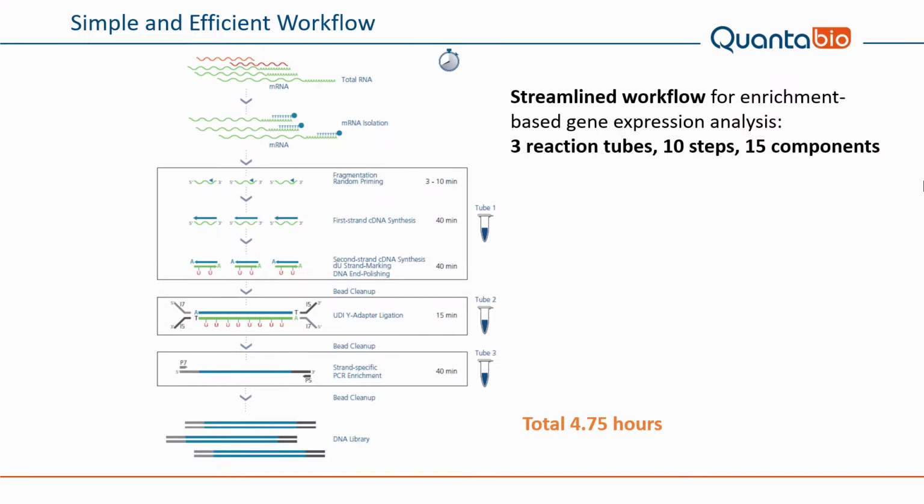From there, the protocol is very similar to the HMR kit that I have already discussed. The only difference is that the first reaction, instead of including depletion, only features fragmentation and random priming, which can be anywhere between 3 and 10 minutes. So very short. From there, directly into the same tube, as a continuation of the addition of sequential reagents, the first strand synthesis reaction follows,